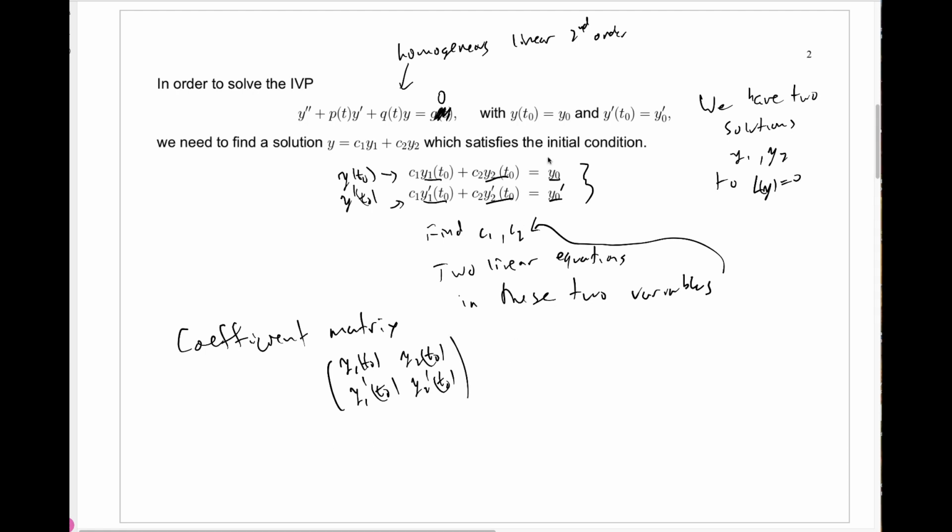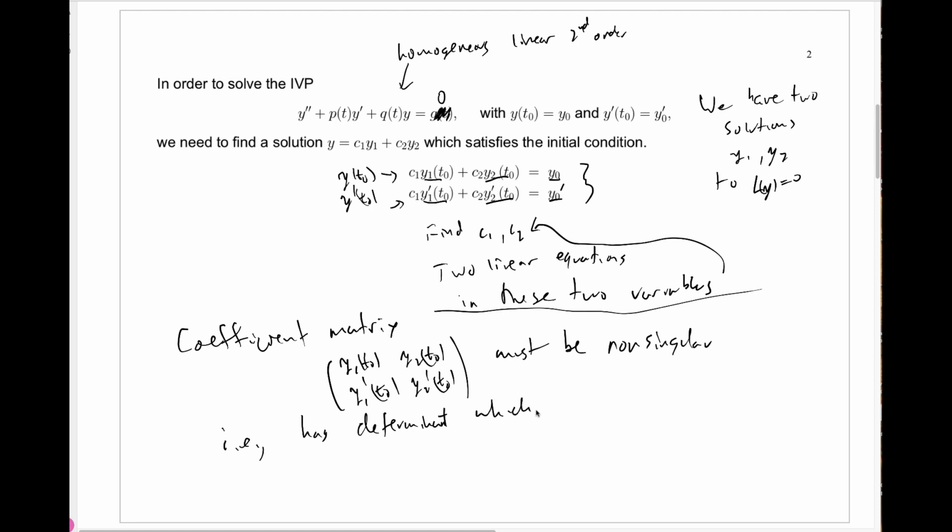A condition for the existence of a unique solution to these two equations in the two unknowns C1 and C2 is that the coefficient matrix must be non-singular. In other words, it has determinant which is not 0. As long as the coefficient matrix is non-singular, we are guaranteed to be able to solve these two equations for C1 and C2, and thus find a linear combination of y1 and y2, which will be the unique solution to